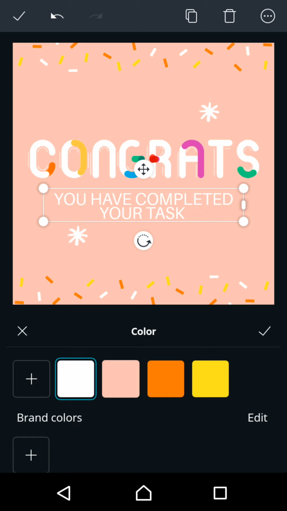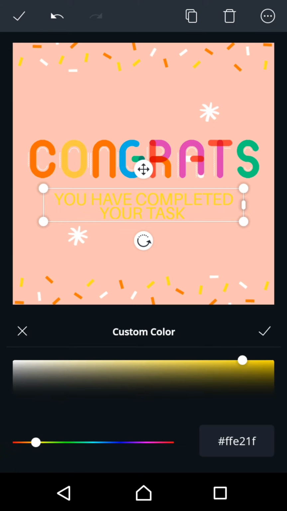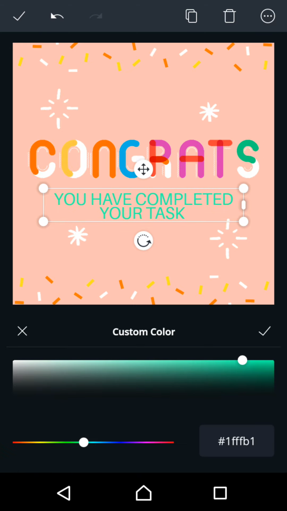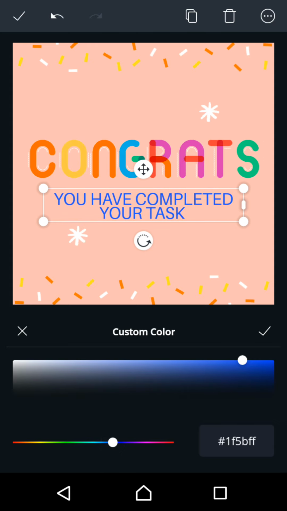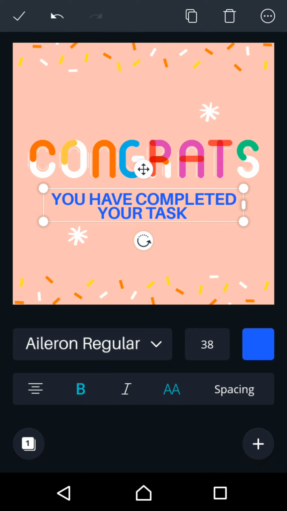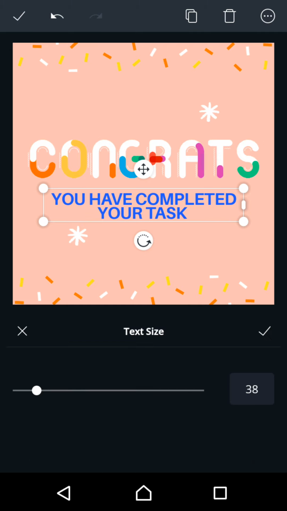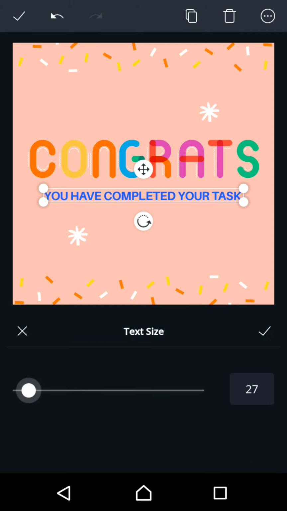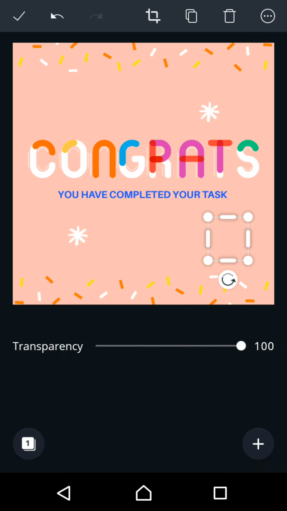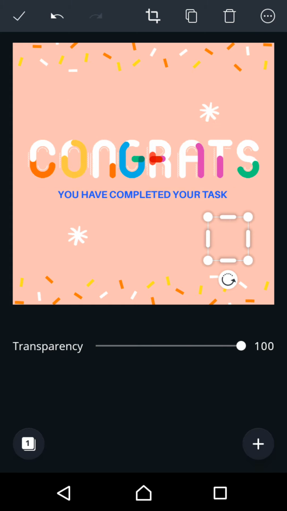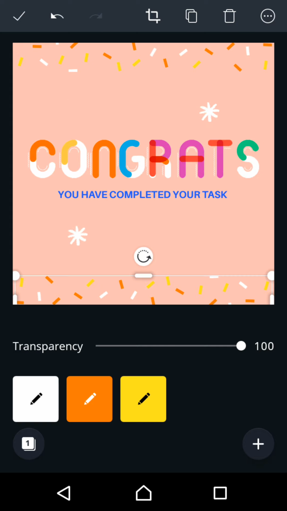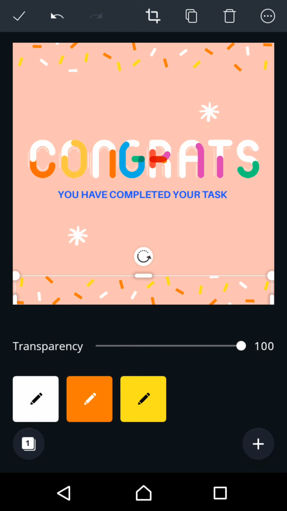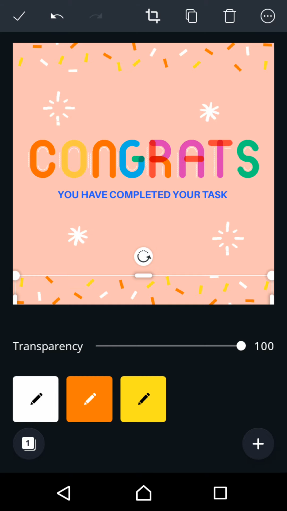And then just change the color of it to something which stands out in your poster. Quite too dark, but fair enough. Bold that. Decrease the size. Yep, that's it. Now you can only change the colors of these small little rectangles on the bottom